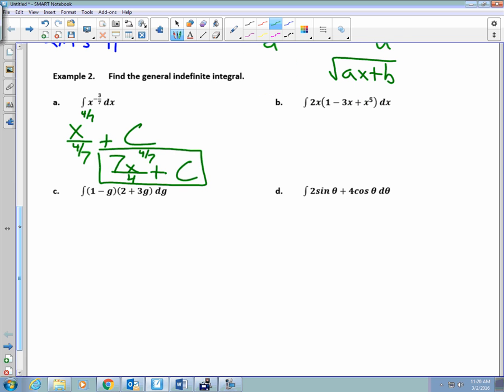Okay. In order to do B, what should I do first? So I get the integral of 2x minus 6x squared plus 2x to the 6th dx. What is the antiderivative of 2x? X squared. Minus 2x to the 3rd. Very good. Plus